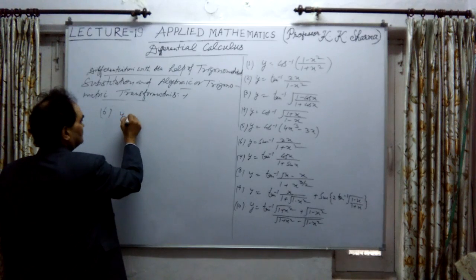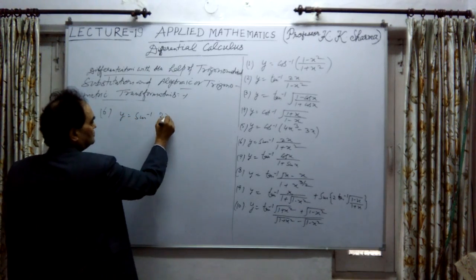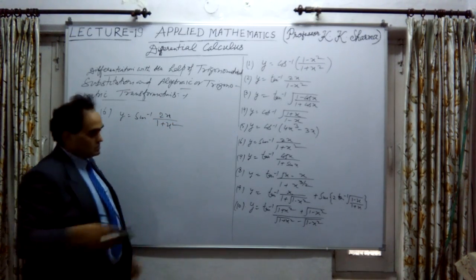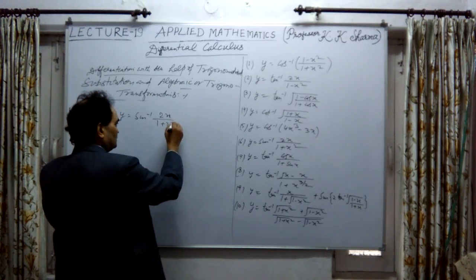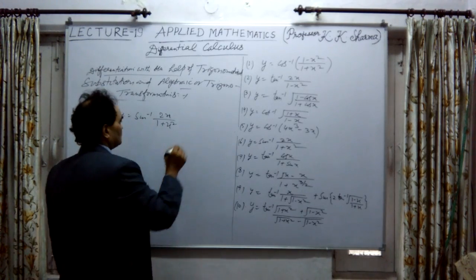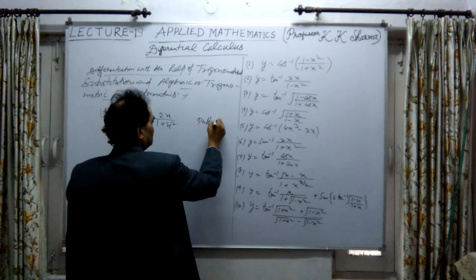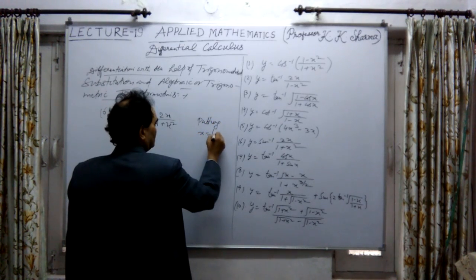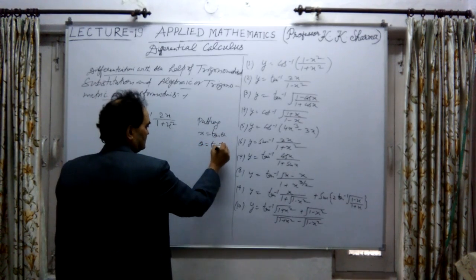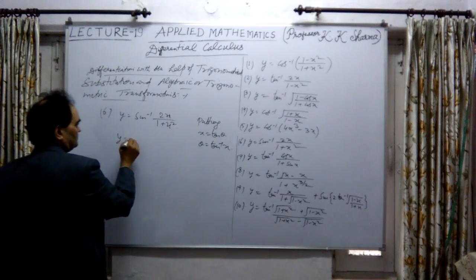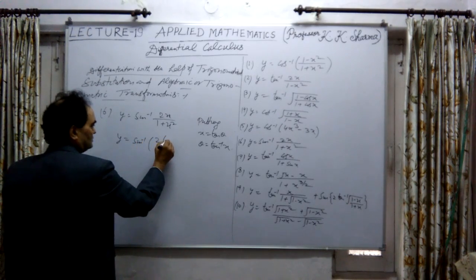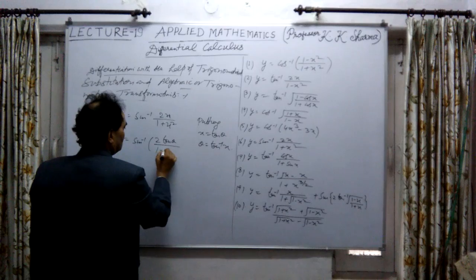y is equal to sine inverse of 2x divided by 1 plus x squared. Now in this case, substitute x equal to tan theta, because we know that 1 plus tan squared theta is sec squared theta. When 1 plus x squared is there, we substitute tan theta. So here, putting x equal to tan theta, theta will be tan inverse x. So this transforms into sine inverse of 2 tan theta divided by 1 plus tan squared theta,